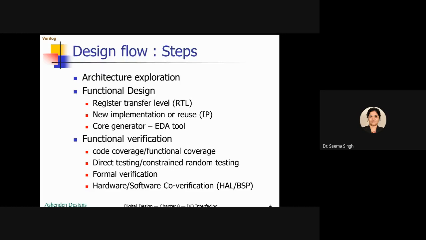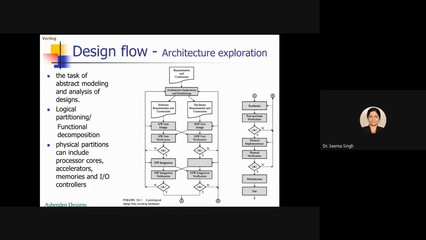Okay, the last one is hardware software co-verification. See, till now we have talked about, okay, I will show in the graph. Here, till now I talked about this functional design and then functional verification. Once these two are fine, we go into the integration. Now this cross, the integration of software and hardware. Here you have to do the hardware software co-verification. So this cross only I am talking about now.